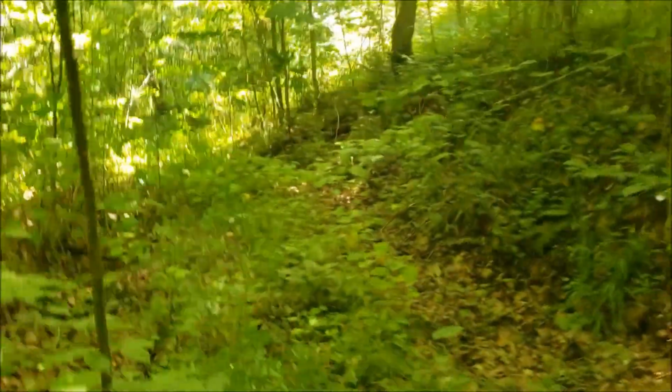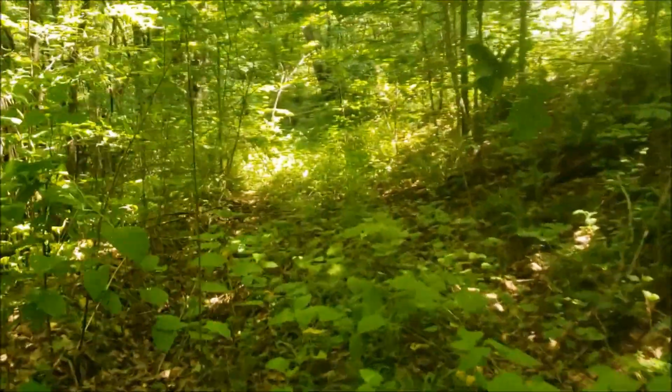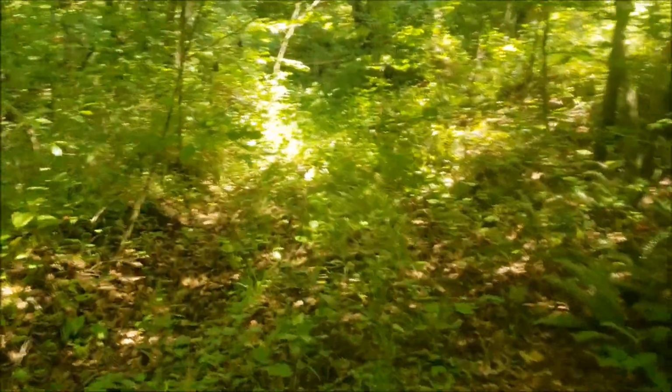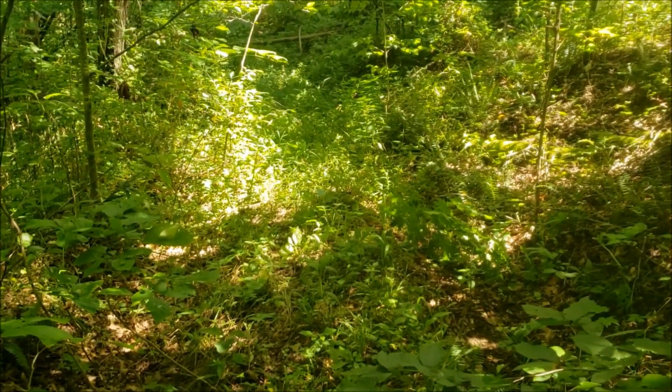But let's walk down the trail that I cleared out. Dang, I left my machete up there. I'll come back and get it. But you can definitely, I can see it. I don't know if you can tell. There's like,